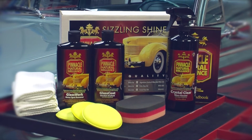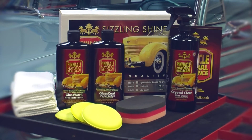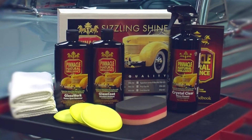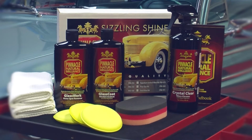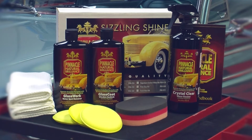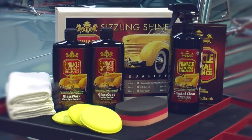If the glass on your vehicle is plagued by water spots, road film, or is just plain dirty, the Pinnacle Crystal Clear Glass Kit is the perfect solution. This kit contains everything you need to clean, polish, and protect your glass. Each product in the kit is designed to work as a system. We've carefully selected the proper applicators and towels to use with each product, making it as simple as 1, 2,